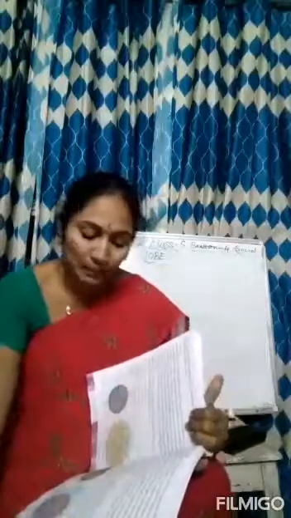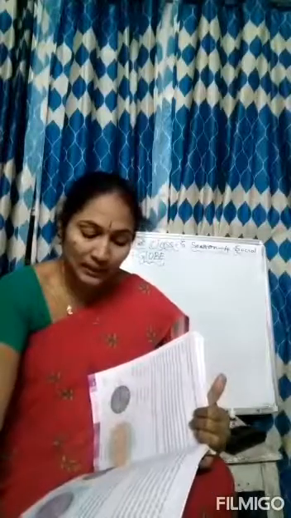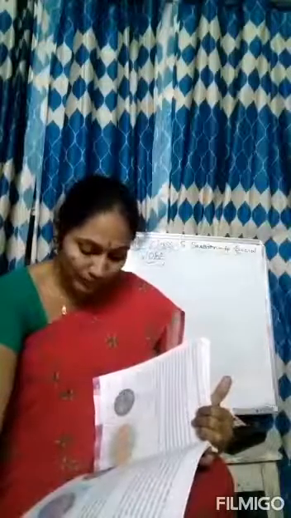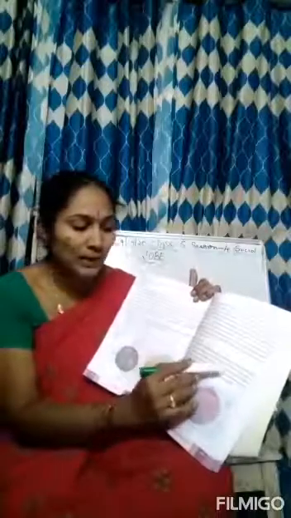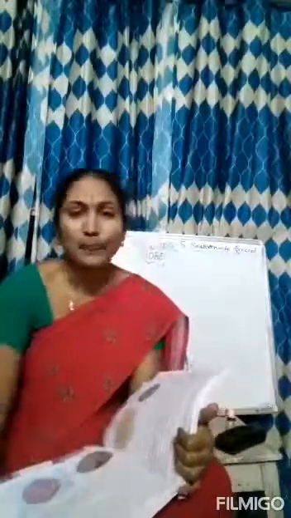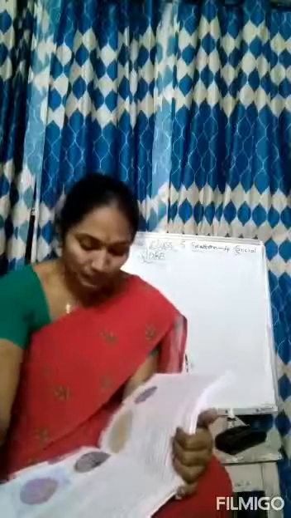The parallels and meridians intersect each other at right angles and form a network, which is called the grid. So here the latitudes and the longitudes both are present, and they intersect at a particular point, then it is called the grid. G-R-I-D, grid. What does this grid do? This helps us to locate the places.